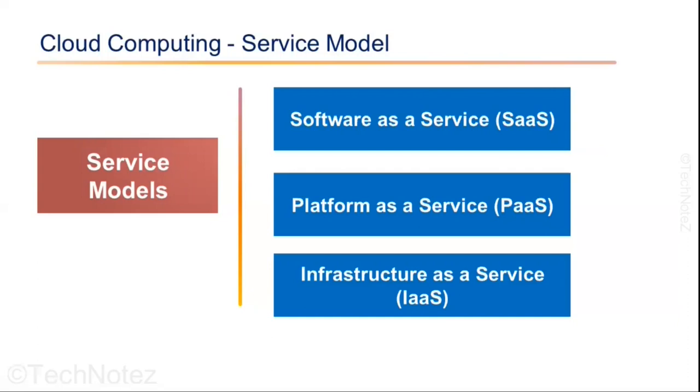If you order a pizza from the pizza store, then you don't have any control over the quality of ingredients used to prepare the pizza. You just order the pizza, pay for it, and you get it without knowing who is cooking it and what is used to cook it. So based on your business requirements, you may need control over your infrastructure and your application environment. And the level of control you get on your cloud infrastructure is defined by these service models.